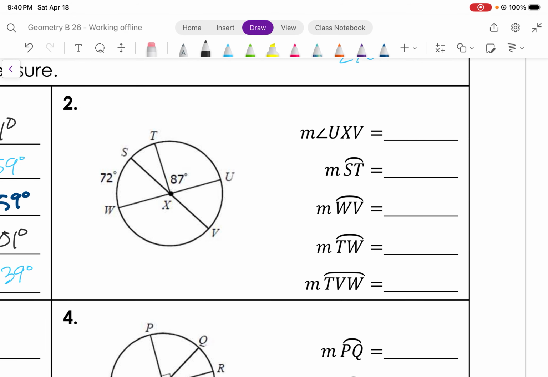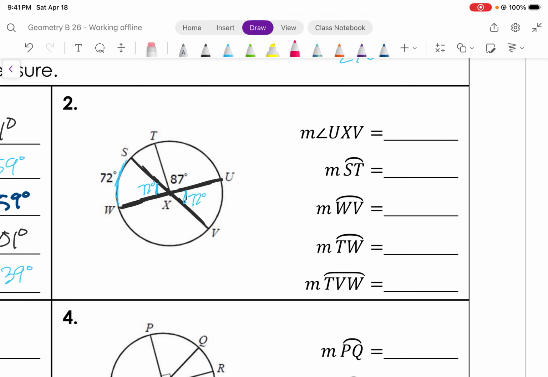So we have a central angle right here, which is 87 degrees. I see one single diameter. Oh, actually, that's not true. Here's the second diameter. That's convenient. So that would actually mean that this angle and that angle are congruent. So if this arc measure is 72, that arc measure is 72, and then we've got vertical angles, so that's